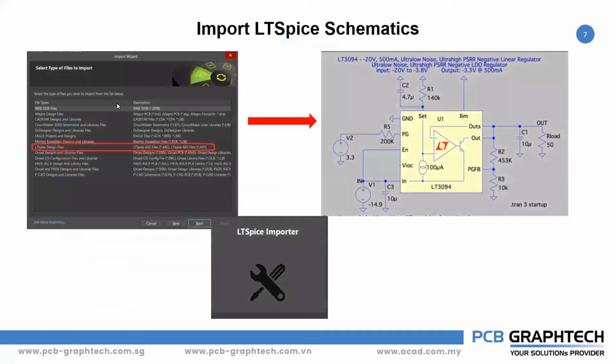Then we see about the import schematics. If you want to import schematics, you can do so by using the import wizard. But before that, to import LT-SPICE design files here, you need to install the LT-SPICE importer. You should install it from your extension and updates. You need to go to extension and updates and click on the top. You will see a small arrow mark on the right top corner. You have to download and install it. Then you will be able to see these LT-SPICE design files under the import wizard.